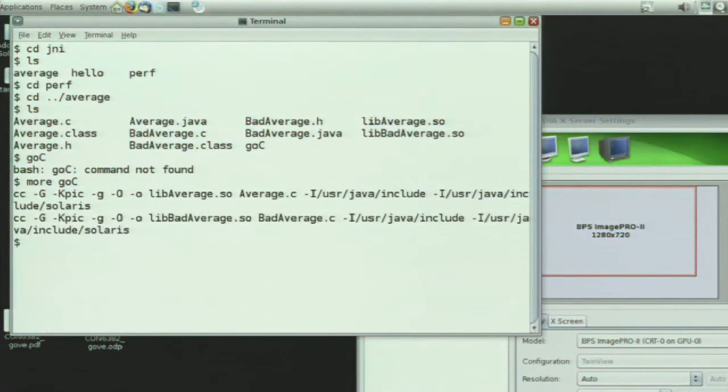Okay, so I've got a couple of libraries I'm going to compile here. We've talked all about this. You know, cc, debug information, horrendous include paths, and so on. And then I've got a bad Java program. And so I'm going to use dbx, which is part of Studio, to run